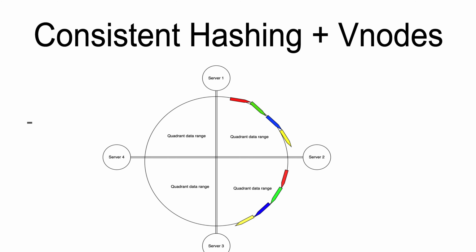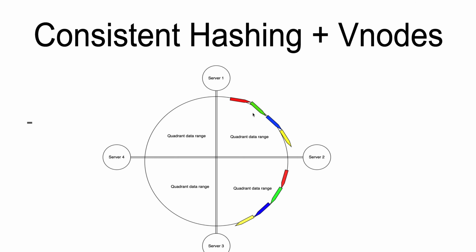The load balancing, because when server 1 goes down, the next server takes up the smaller sub-range, right? It takes up all the traffic, right? And so when the server goes down, you don't need to remap all the keys. You just need to remap only those sub-ranges from server 1 to server 2. And similarly with the addition of a new server, all the other servers give up some of the vnodes, some values from the vnodes to the new server, and only those vnodes need to be remapped. So in this way, it alleviates the remapping problem, the load balancing problem, and the other problem was the hotspot problem,